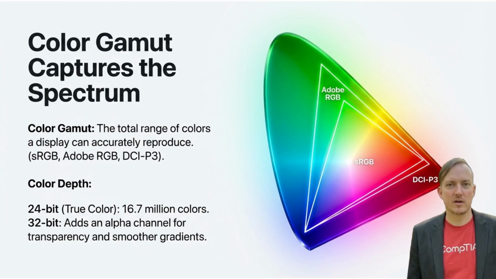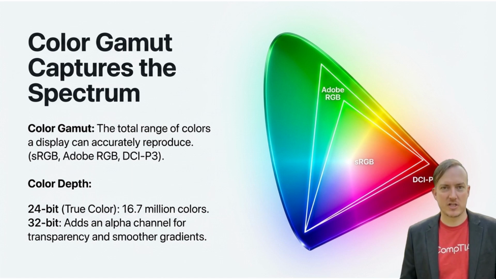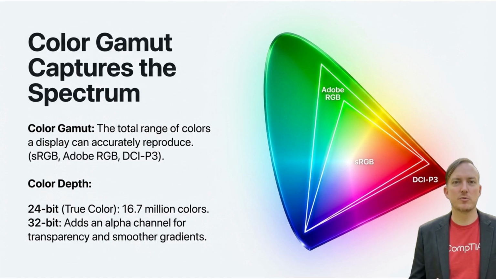Finally, we measure color. The color gamut defines the total spectrum of colors a display can accurately reproduce, using standards like sRGB, Adobe RGB, or DCI-P3. We also measure color depth. A 24-bit true color display can show 16.7 million distinct colors. If you step up to a 32-bit depth, it adds an alpha channel, which allows the system to render smooth